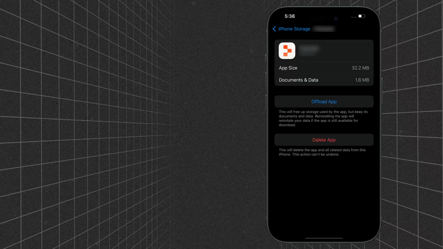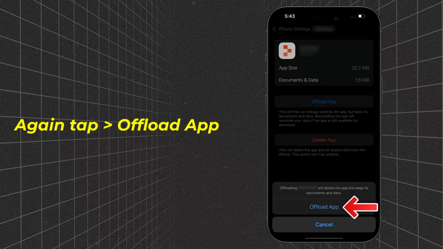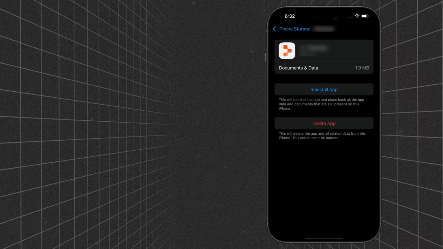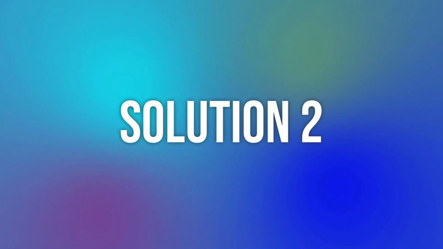On the next screen, you need to tap on the Offload app option. A confirmation pop-up will come up. Now tap on the Offload app option here. It'll take a bit for processing, and then a reinstall button will show up. Simply tap on it to reinstall the app. This should resolve the issue, but if it doesn't, then you need to check if the app is running an